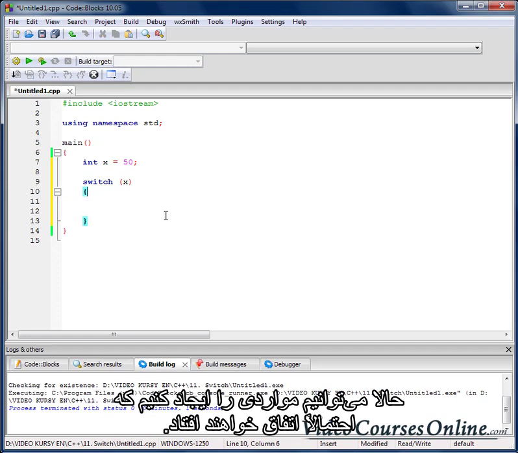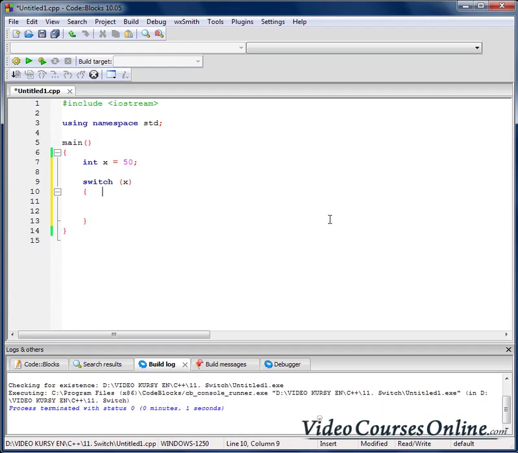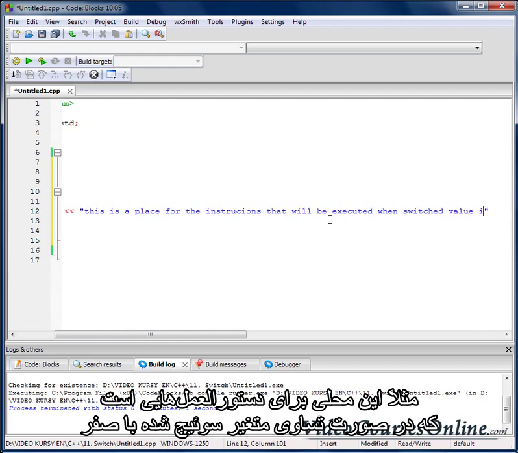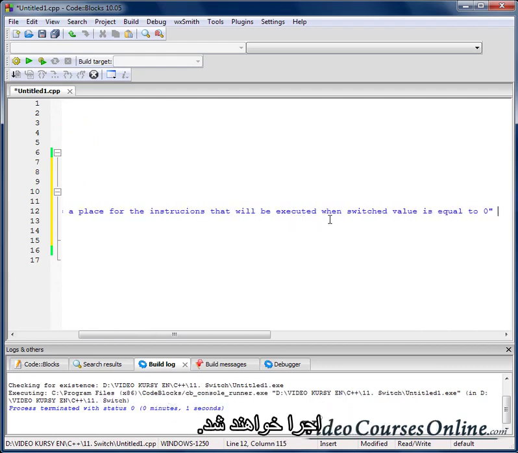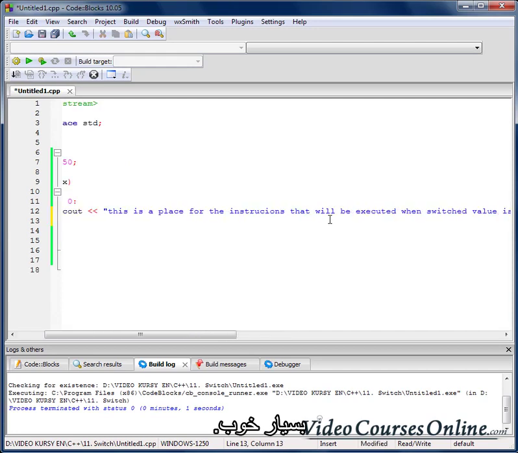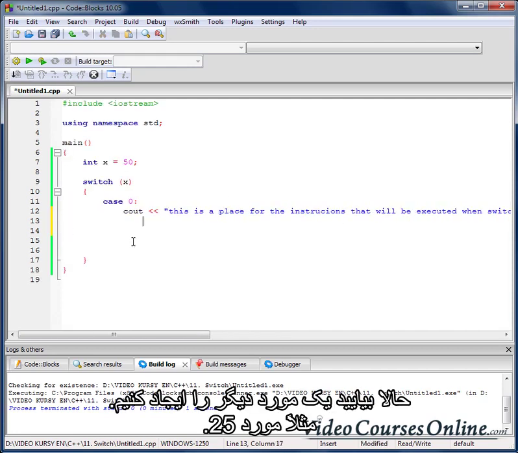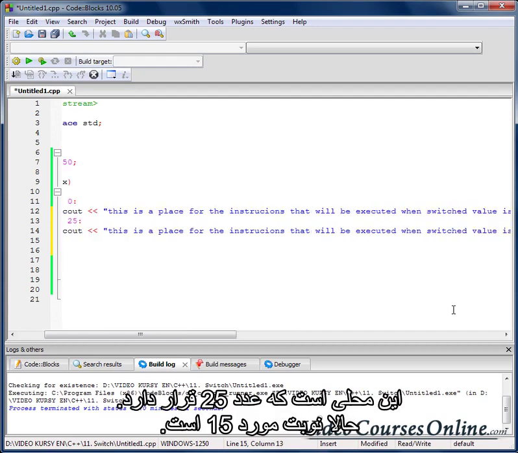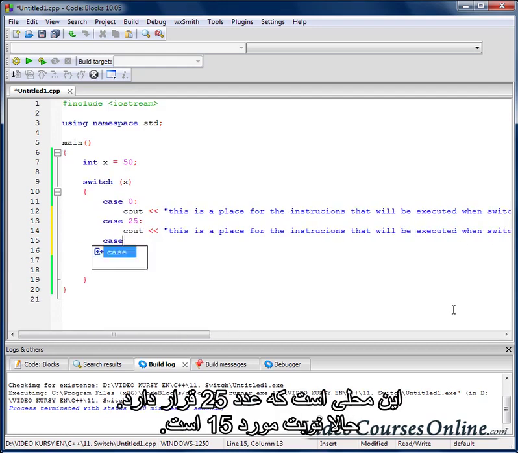And now we can create cases that may happen. For example, case 0. This is a place for the instructions that will be executed when the switched value is equal to 0. Okay? Now let's make another case, for example case 25. This is the place for when it's 25. Now case 50,